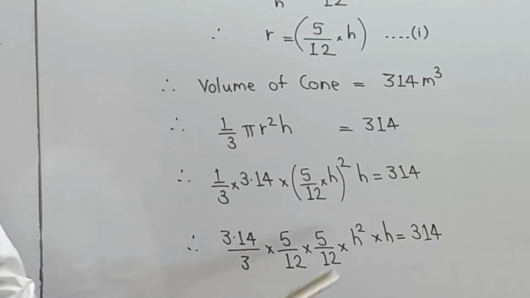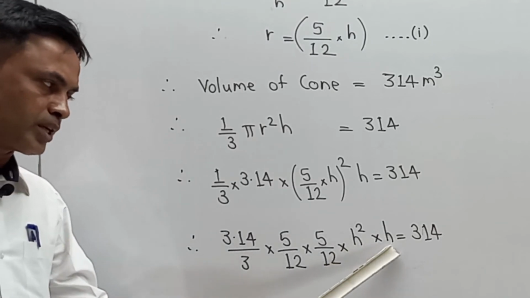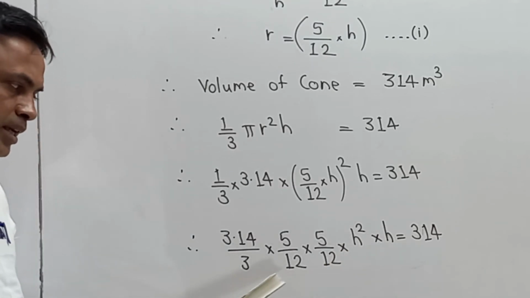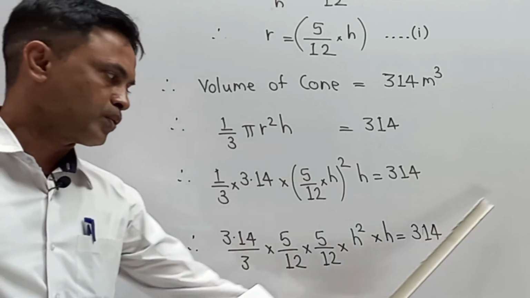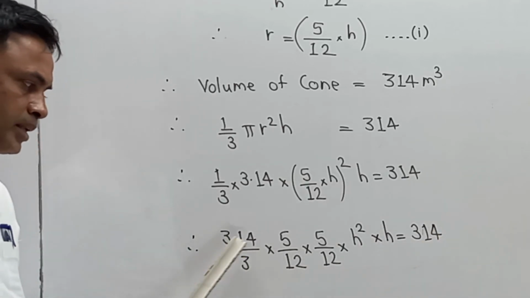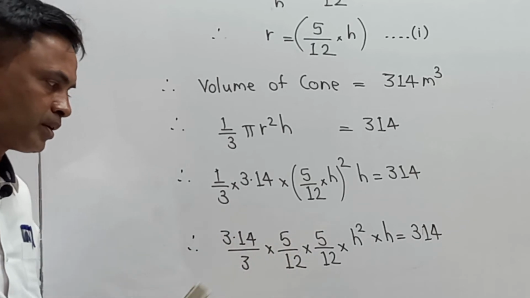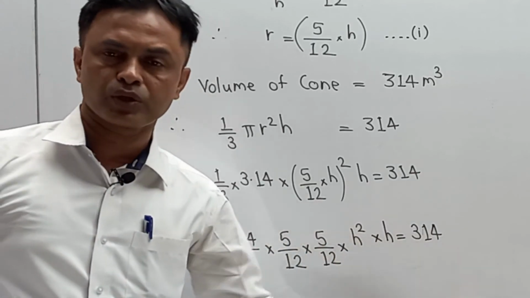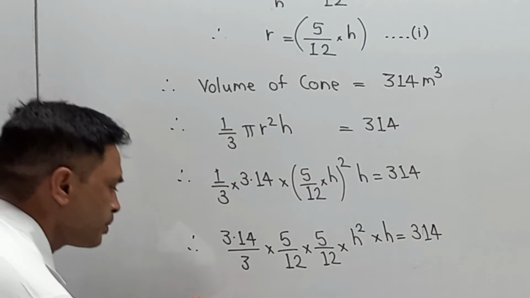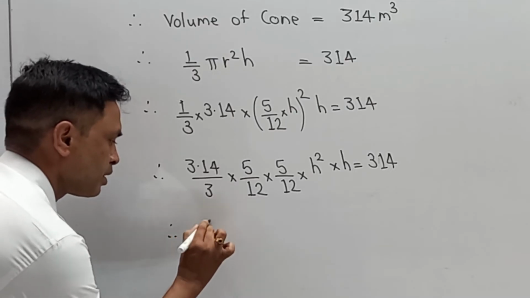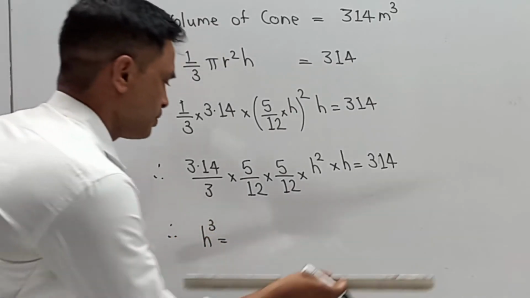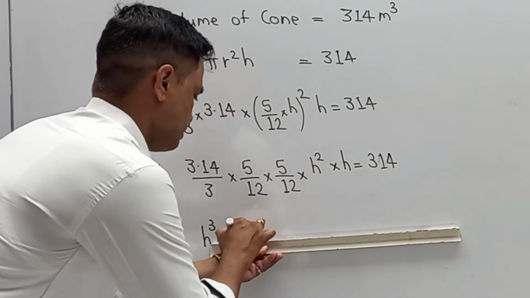Now the next part: h square into h square becomes h cube, and 3 into 12 into 12, which is divided by, goes over there as a multiply by, and 3.14 into 5 into 5, which is multiply by, goes over there as a divide by. So this part becomes h cube is equal to